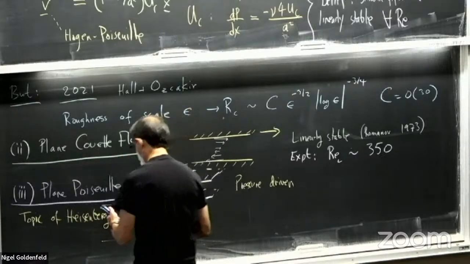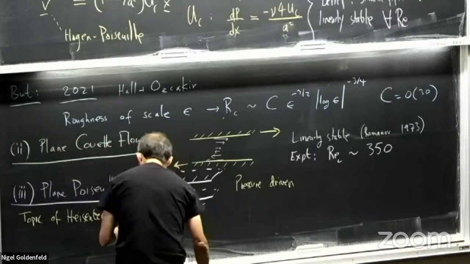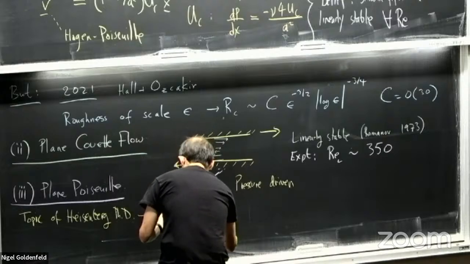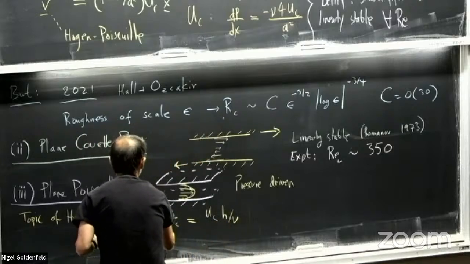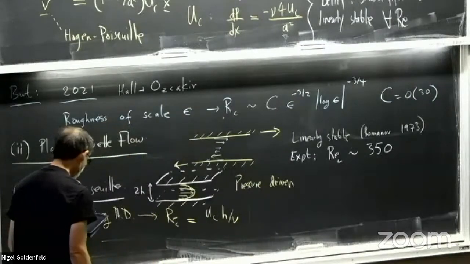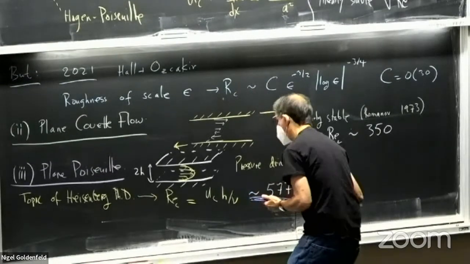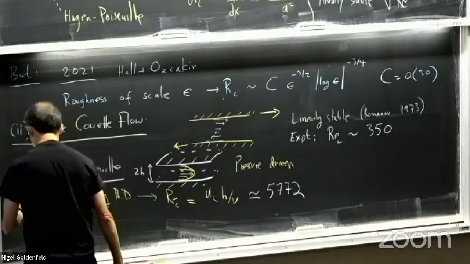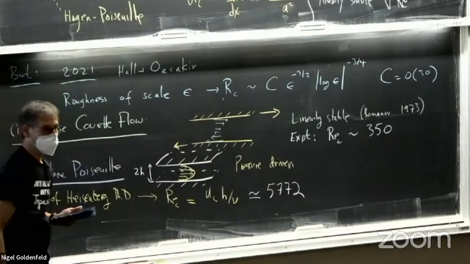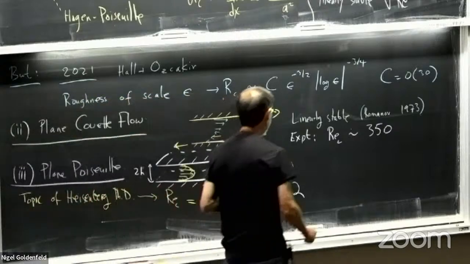And what Heisenberg discovered was yes, there's a critical Reynolds number, and it's basically U_c H over nu, where this plate spacing is 2H, and this is about 5772, I believe. The way that Heisenberg proved that is really quite remarkable, lots of mathematical ingenuity going into solving this problem. It is, however, completely wrong. H is not Planck's constant, no. So H is this H here. However, it disagrees with experiment,